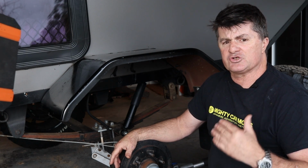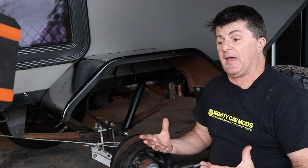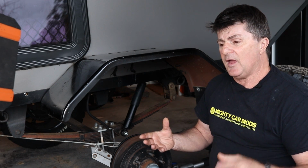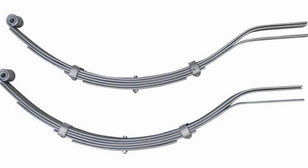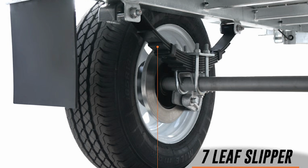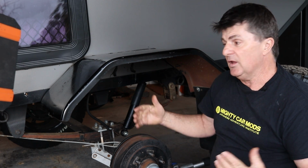The first one, and the cheapest and most basic pack, would be a set of slipper springs. They have an eye with a bush at the front of the spring pack, and at the back, instead of having a similar eye and bush with a shackle, they just have a tail. And that tail gets enclosed within a hanger, which is basically a square section that's welded to the chassis, and it has a bolt going through the bottom, so it can only drop a certain amount, but basically it runs metal to metal